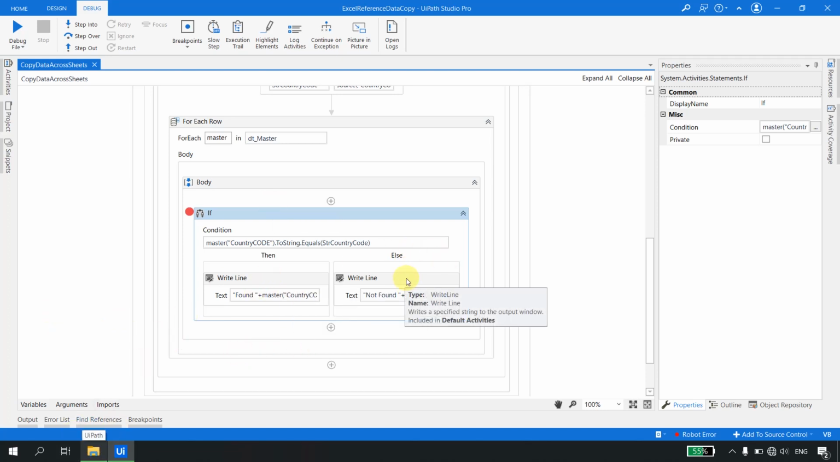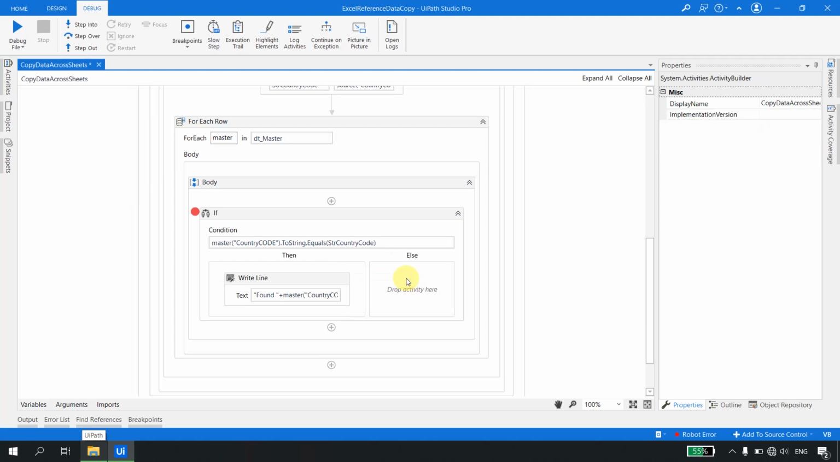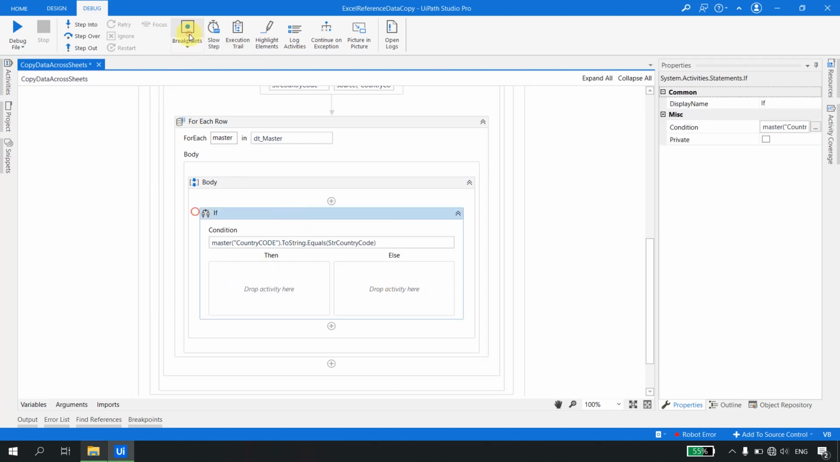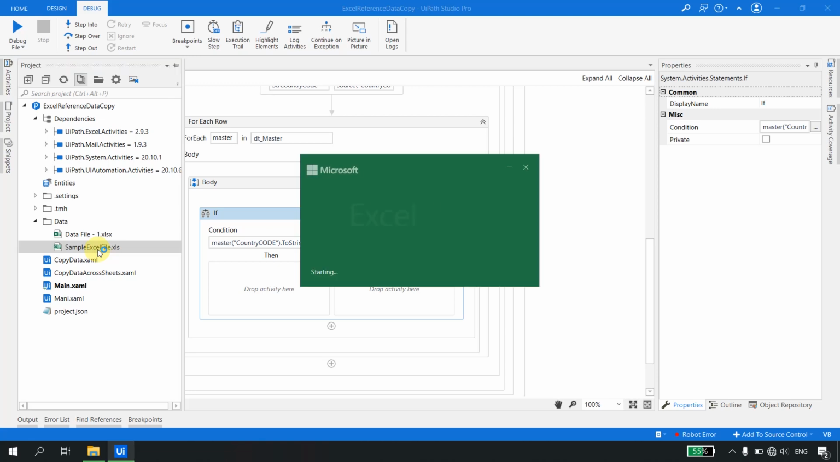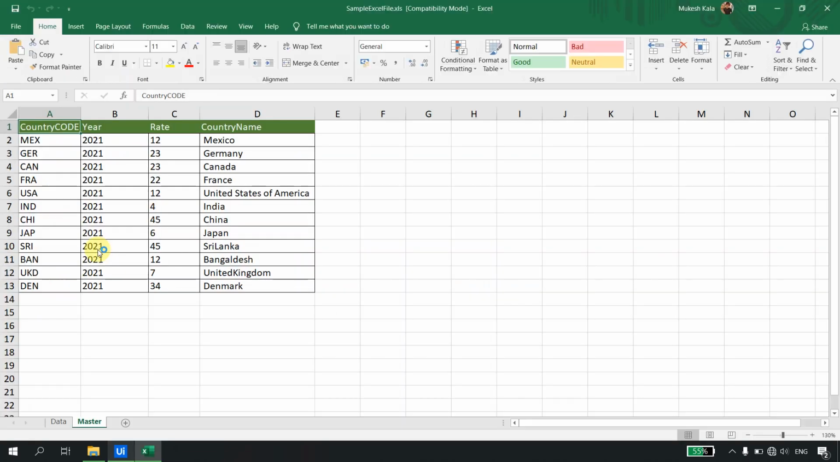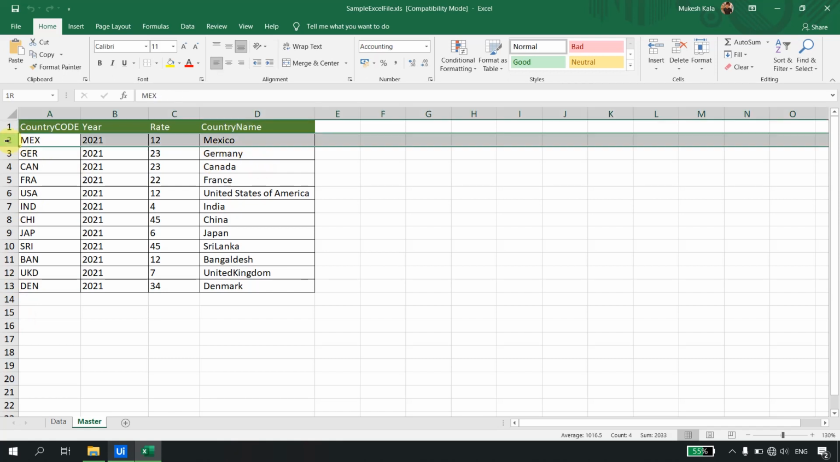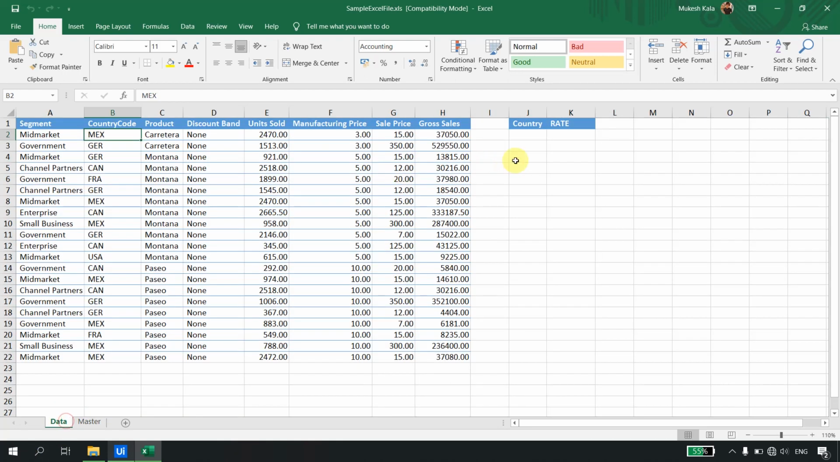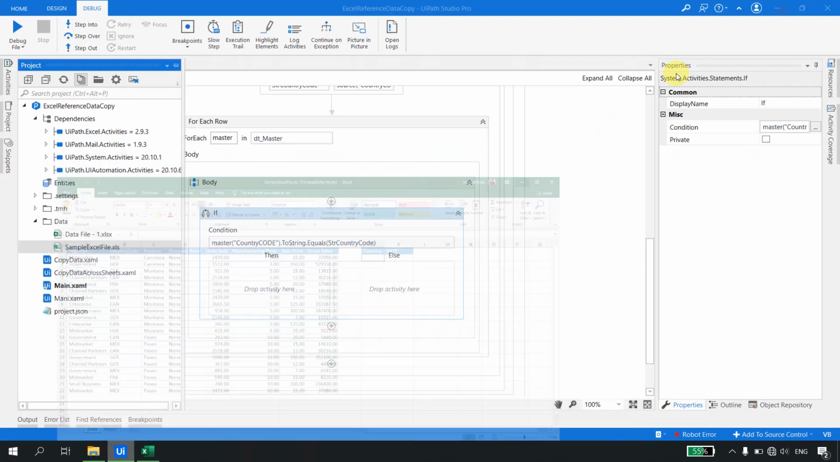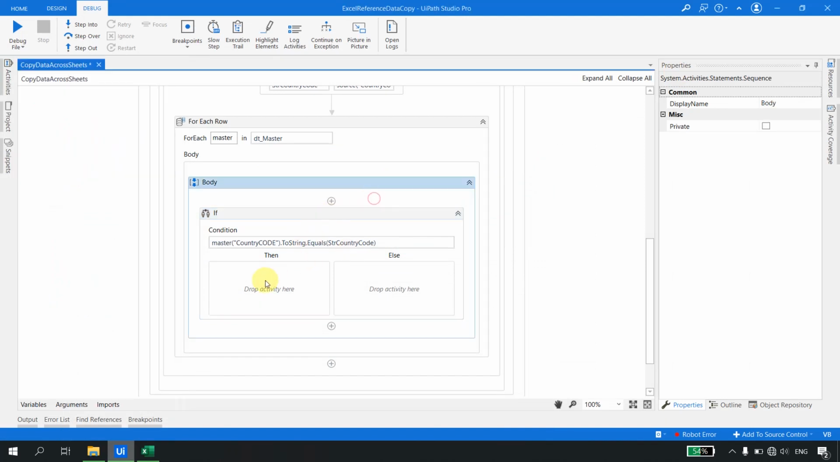Okay, let us do one thing. Now that we are moving in the correct direction, I will remove this from here, and now what we want to do: if I go back to the Excel, to the project and the Excel file, let it open. So if this MEX is found here, we want to return the row, this is the master row, we want to return the country name, and print the country name here. So how do we do that? Once the country code is found,